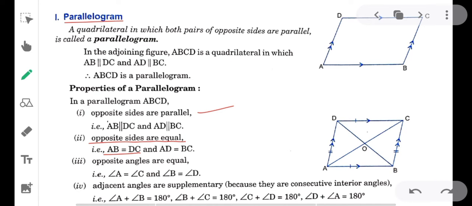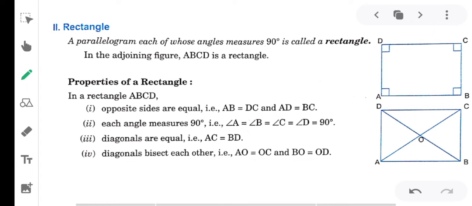Clear? Next type of quadrilateral is rectangle. So what is a rectangle? A rectangle is a parallelogram, each of whose angles measures 90 degrees. So in a parallelogram, if one angle is 90 degrees, then it is called a rectangle. Clear? So properties of rectangle: